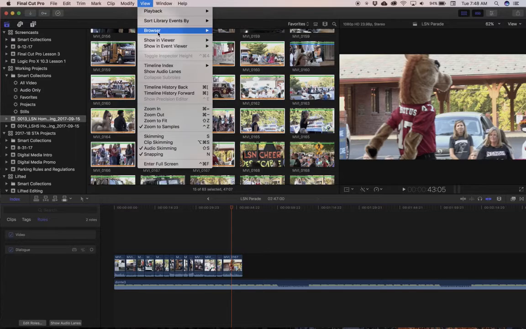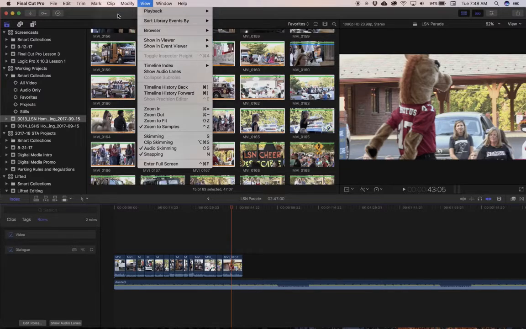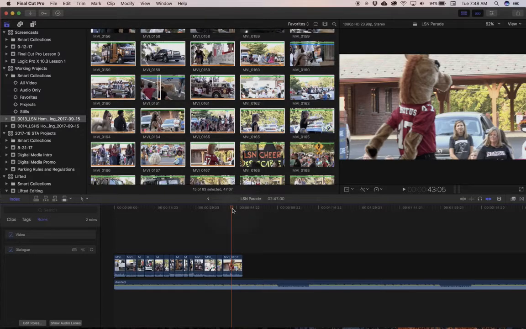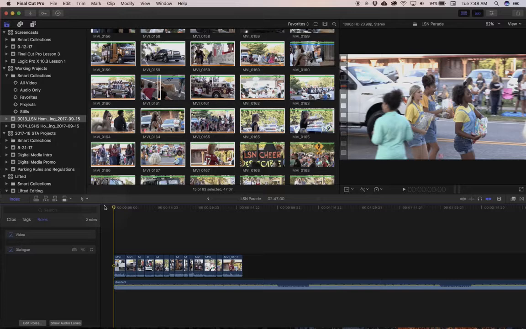By the way, I do want to take a quick note of the fact that I turned on this option under browser, and that is show used media ranges. So now I've done storyboard editing, and I'm going to use option bracket to trim some of these to the beat. I'm going to hit the space bar to get a good feel of the beat here,